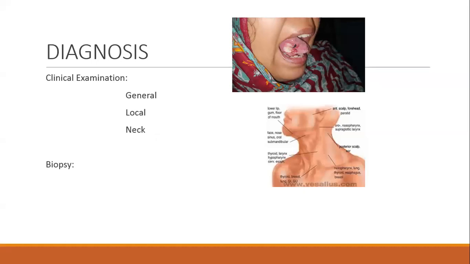Okay, so you do the biopsy. And again, this is a common question we ask you: which part of the tumor will you do the biopsy from? You do the biopsy from the edge, not from the center, because in the center there may be necrosis. You send the biopsy to the laboratory, and the laboratory reports that there is necrosis and you have missed the diagnosis. So you must do it from the edge of the ulcer or the tumor. This is a very important point. Edge of the lesion. This question is often asked in MCQs and in the oral, so please do remember it.